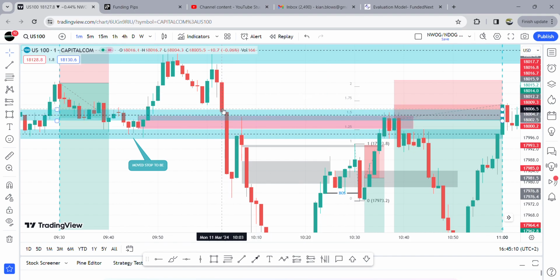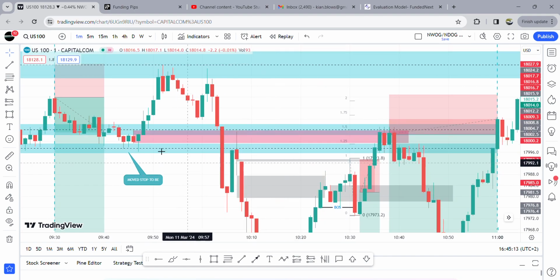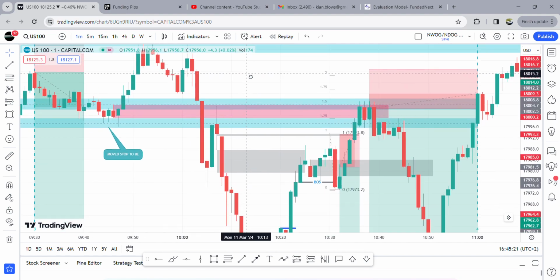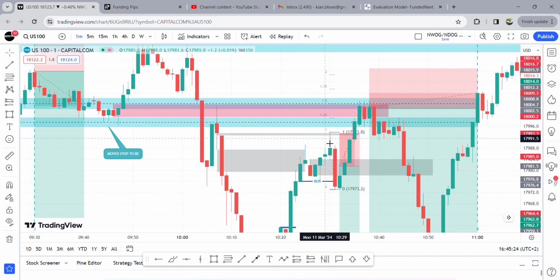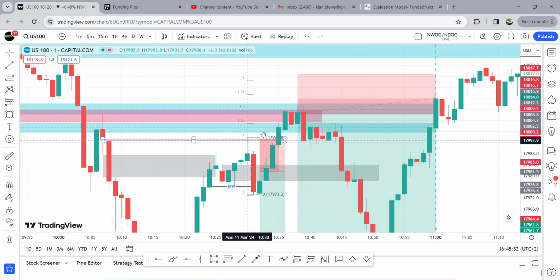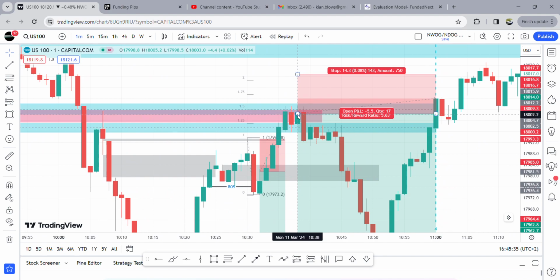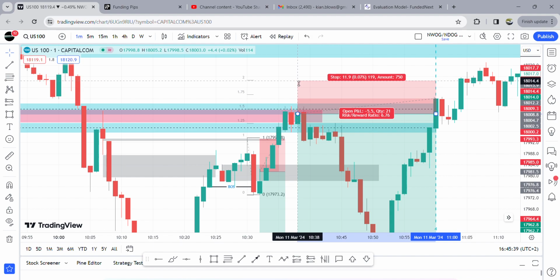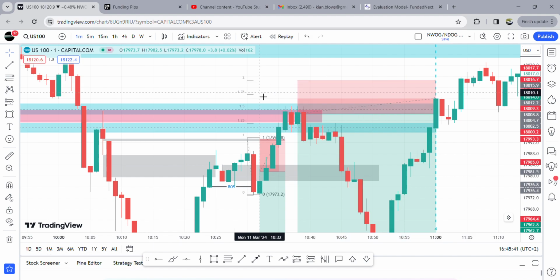Okay, got a fair value gap, another fair value gap. Now my idea was that that's a breaker. We've got this high, it's liquidity above that high. We going inside a fair value gap, filling in that fair value gap, and that's a potential run on stops. That was what's going through my head at that time, and I took this position 12 points. So my stop was here, 12. Stop was there,